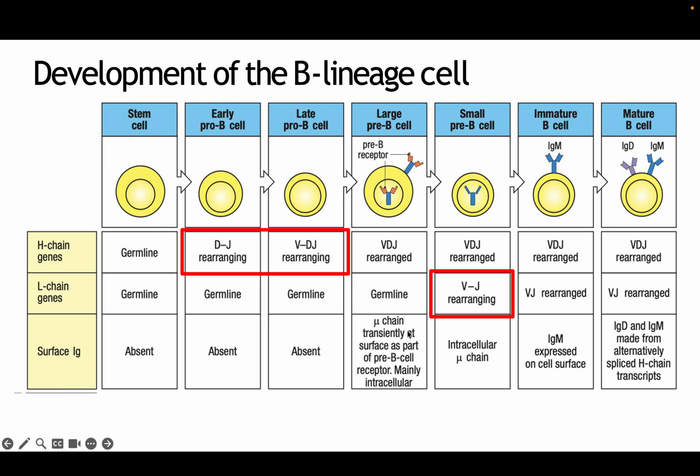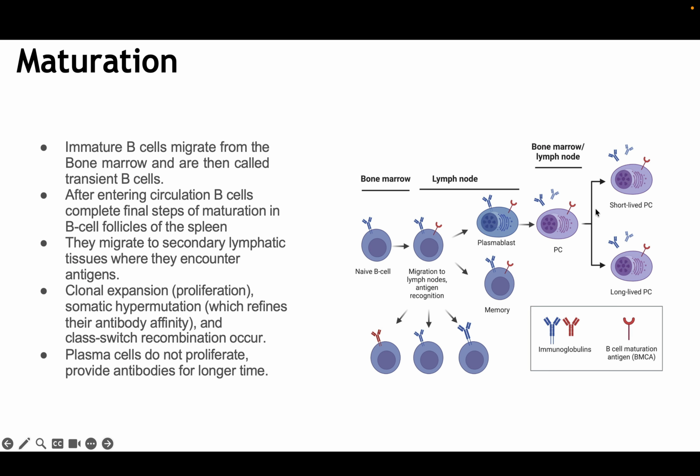So once you're done, here you have your mature B cell, with your B cell receptor, which is an IgM. This is then able to leave the bone marrow, and it goes into your blood. We call these transient B cells because they're in transit. They're just moving around, and they enter either your spleen or your lymph nodes,